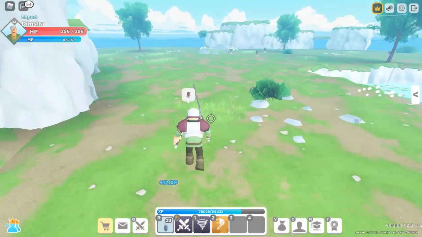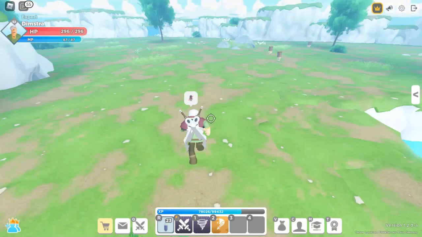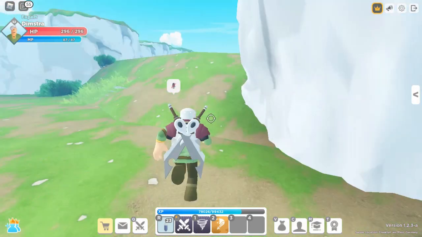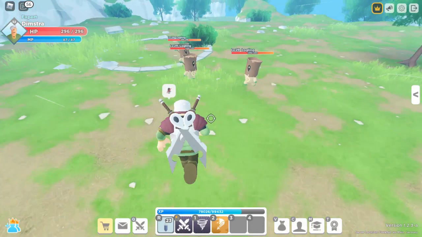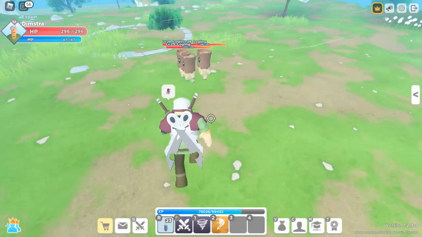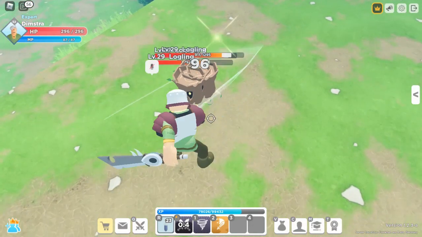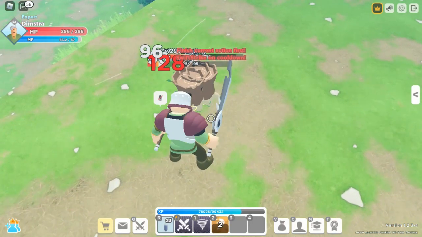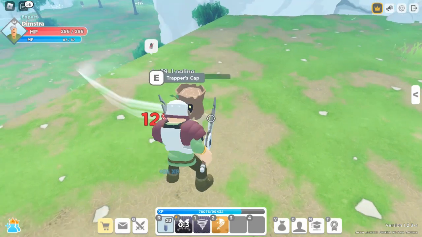until you level up. And also once you get to level 24, 26, 27, I will recommend you to come over here, or 28 or 27. This is the level 29 logs. If you don't have lifesteal still, I will recommend you to get your sword or axe, whatever class you are, to have a lifesteal, because